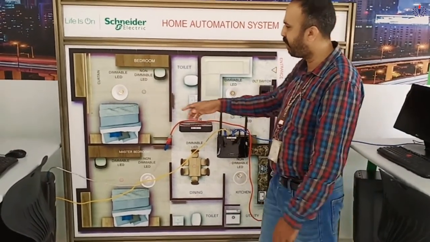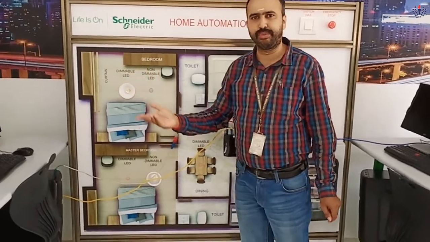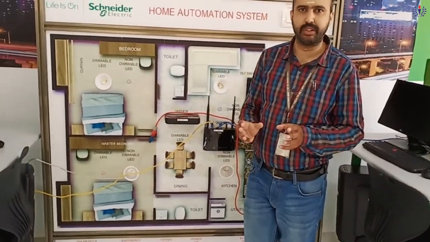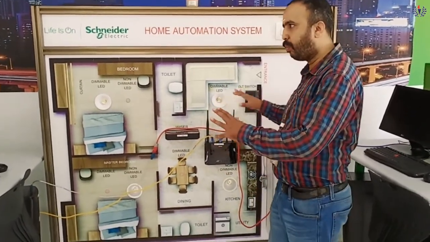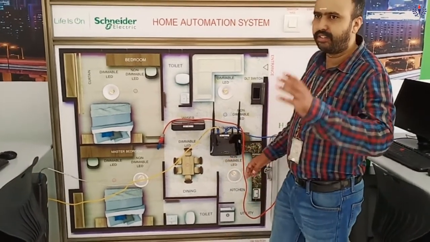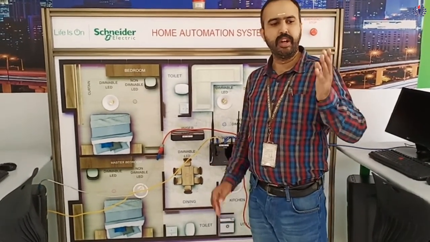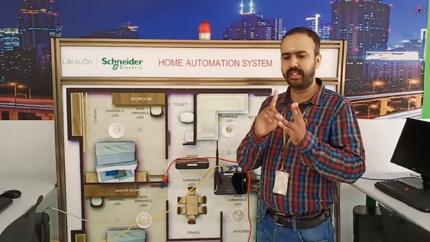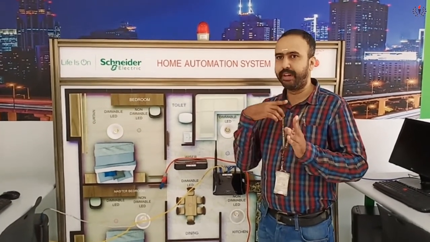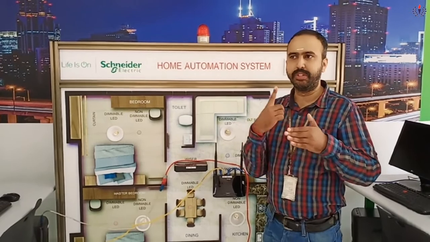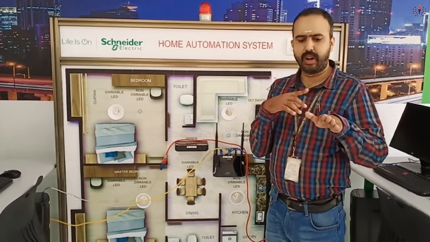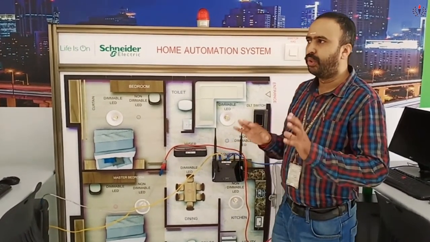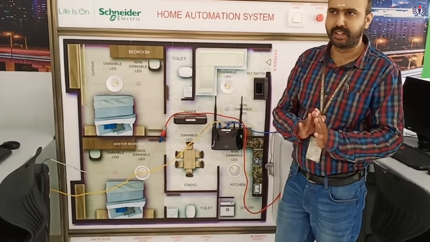As this is a demo version, we have given a running LED. In a real-time case, we will have a motor control for this. Apart from this, what are the things we can control? I think in the theory class I might have shown a video also. We can do entrance access control, CCTV control also. And apart from that, switching on the geyser, switching on the TVs, and all the remote devices, we can do in a single app, that is the Visor.